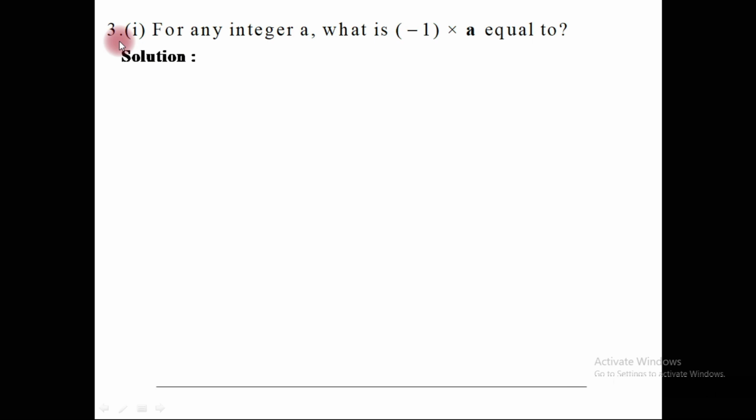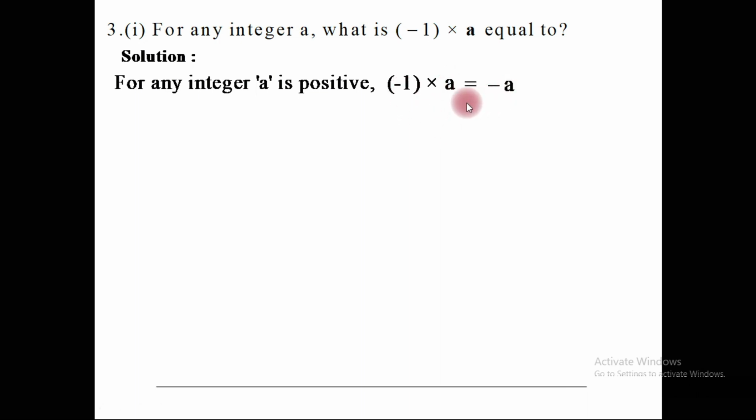Question number 3. Sub number 1. For any integer a, what is the product of minus 1 and the given integer a equal to? That means when any given integer a is multiplied with minus 1, what will be the product of this? For any integer a is positive, taking the integer a is positive, so the product of this positive integer a with minus 1 will be